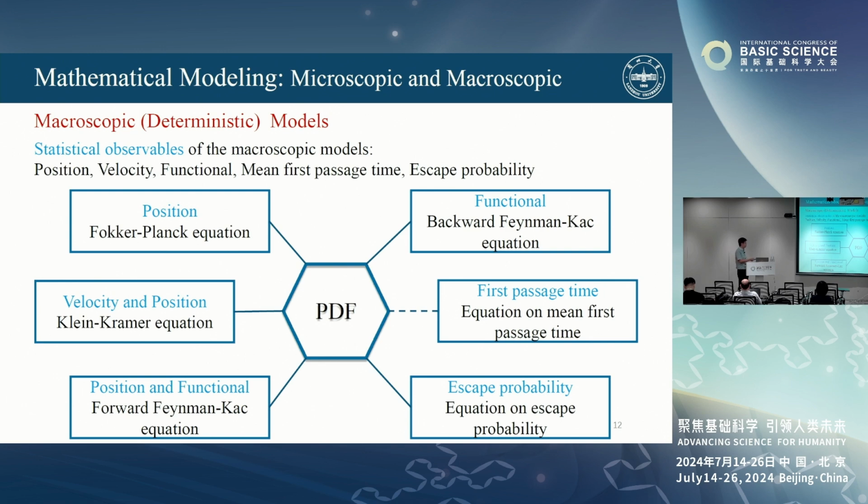So if you consider the position, it corresponds to the Fokker-Planck equation. For the joint distribution of velocity and position, you can derive the Kramers equation. If we describe the joint distribution of the position and the functional, a statistical observable, we can derive the forward Feynman-Kac equation. If we just concern about the functional, not the joint distribution, we can derive the backward Feynman-Kac